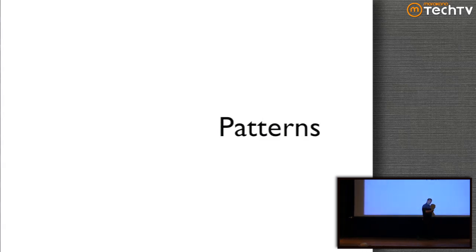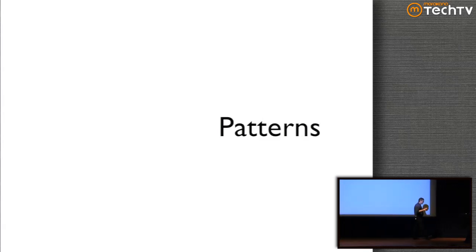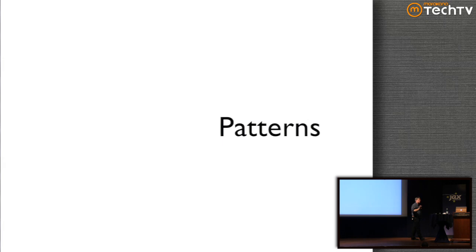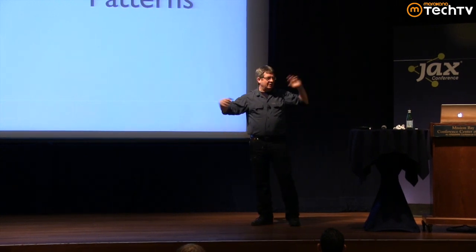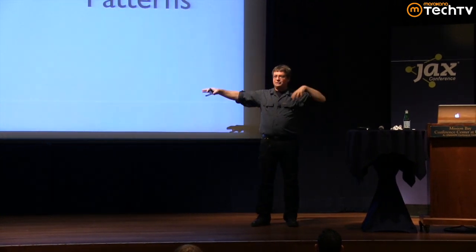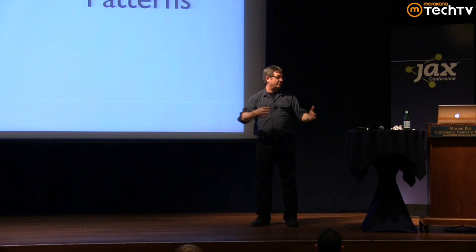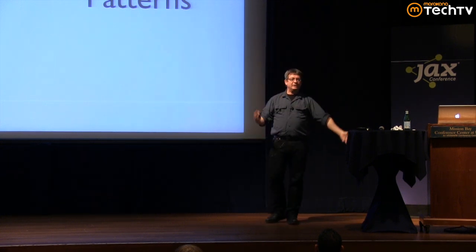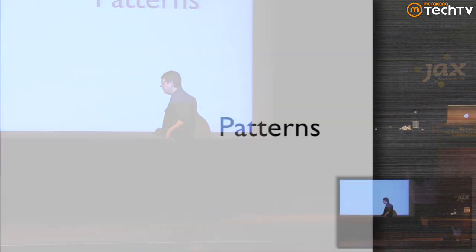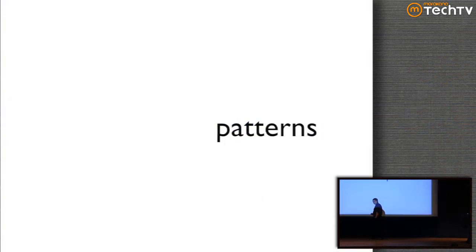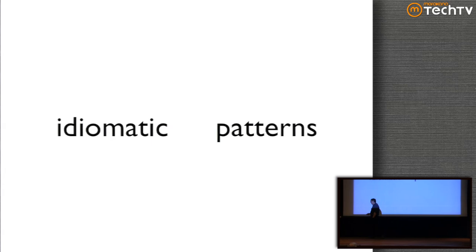Well, let's talk about that for a second. Now, when I'm talking about patterns here, I'm not talking about Gang of Four design patterns. Notice the subtitle of that book, Elements of Reusable Object-Oriented Software. What the Gang of Four guys did was look across a vast swath of software projects and say, you know what, these problems show up in virtually every project, so we're going to create a giant catalog of them because this will be really useful for people building any kind of software. Those are patterns with a capital P. Those are not the patterns I'm talking about here. I'm talking about patterns with a lowercase p, and what I'm calling idiomatic patterns.